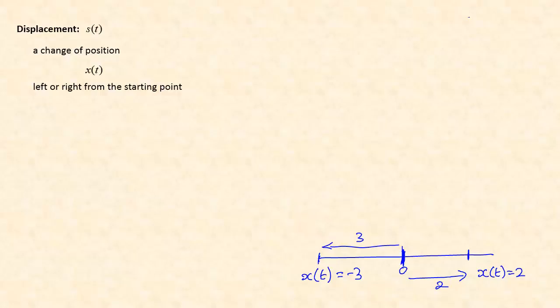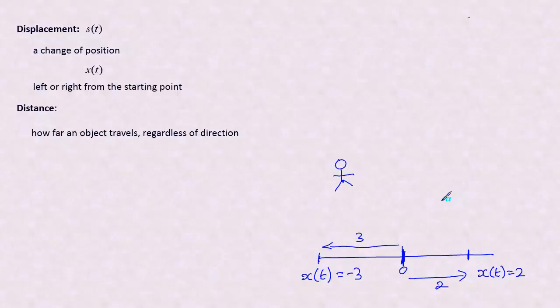Now, distance, we've just been discussing that, is how far an object travels regardless of the direction in which it travels. Now here's a little thought experiment that I often talk about with classes. So here's me. The class are all sitting here. I'm going to go out to my car, drive to the airport, fly over to Cape Kennedy, and persuade NASA to get the next Apollo mission that never flew out, and let's fly it just for me, for the sake of this experiment, and I'm going to go to the moon,